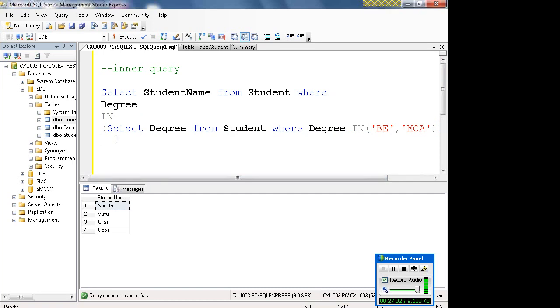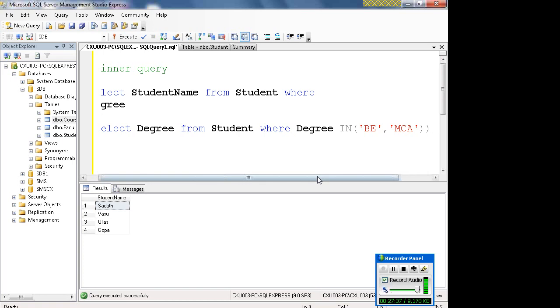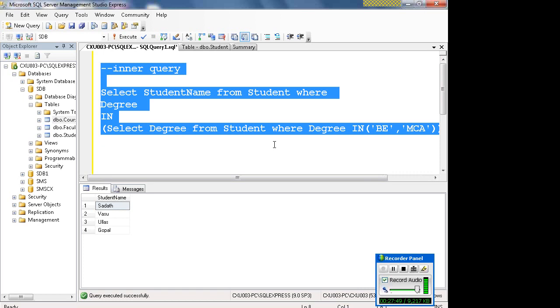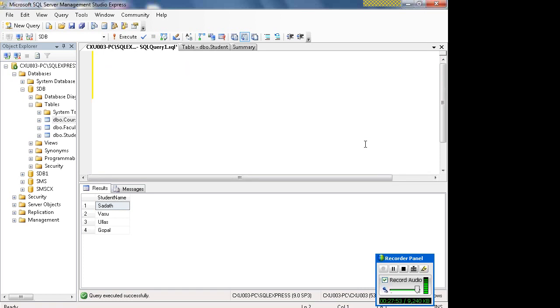So this is how you write inner queries. In this you can once again say where some student name in, and then once again you can write another query. You can go on nesting any number of queries. The reason I wanted to teach inner query is, now say there are another two SQL syntax constructs